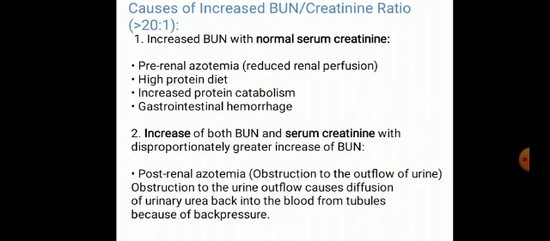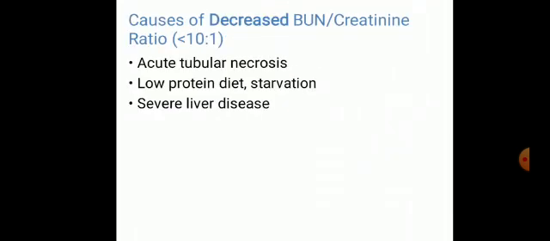Increase of both blood urea nitrogen and serum creatinine, with disproportionately greater increase of blood urea nitrogen. The conditions which affect renal impairment include post-renal azotemia, obstruction to the outflow of urine. Obstruction to the urine outflow causes diffusion of urinary urea back into the blood from the tubules because of the back pressure. Causes of decreased blood urea nitrogen creatinine ratio, less than 10:1,